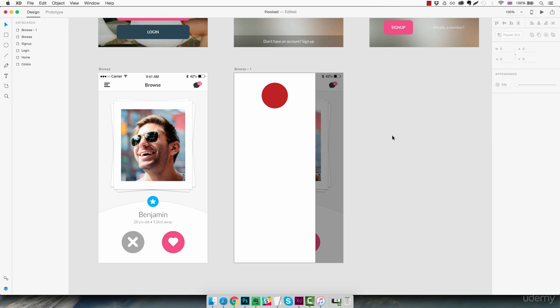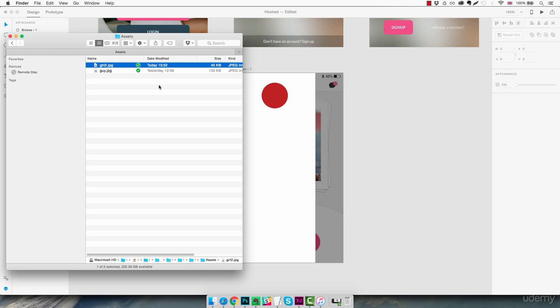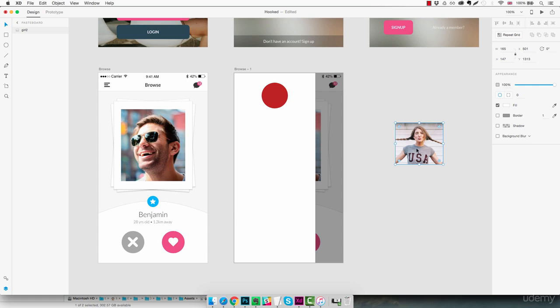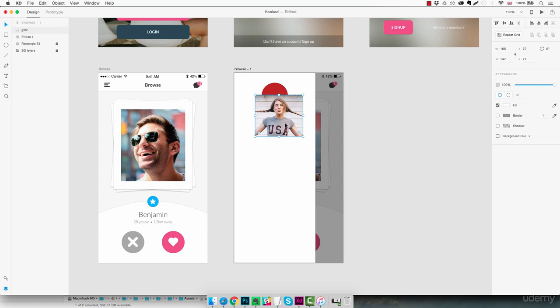Okay, so now we're gonna add a little picture here, which we already saved. We can find it in Finder, this picture here. This time I'm not just gonna drag it in the middle of the shape because I want to select the portion of the picture which is gonna be visible. So I'm just going to drag it somewhere outside of our artboard, like here. I'm gonna get this and drag it into our artboard, and then I'm gonna select this picture,